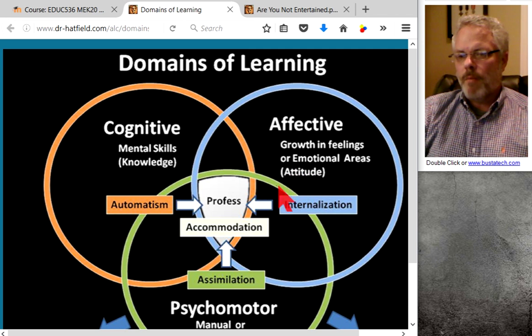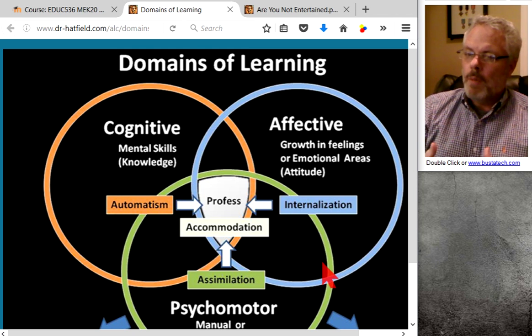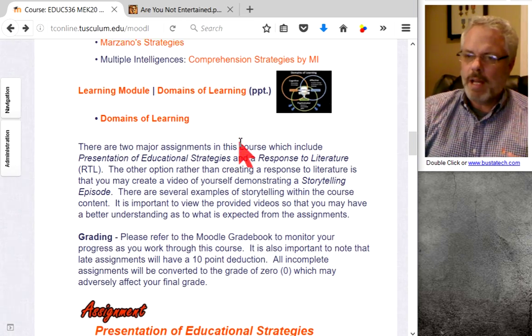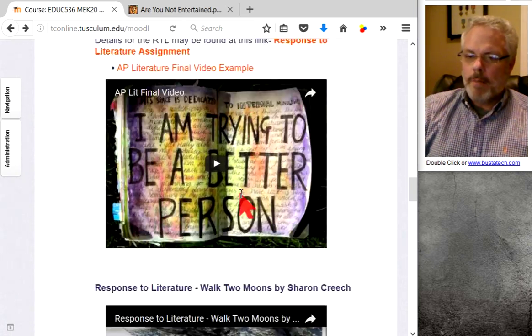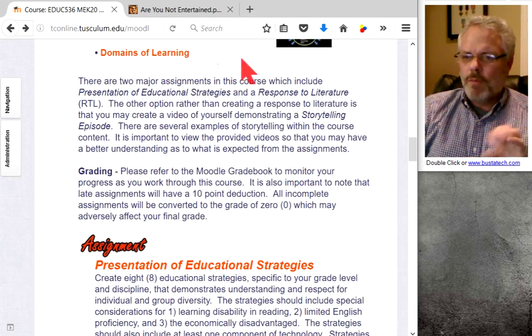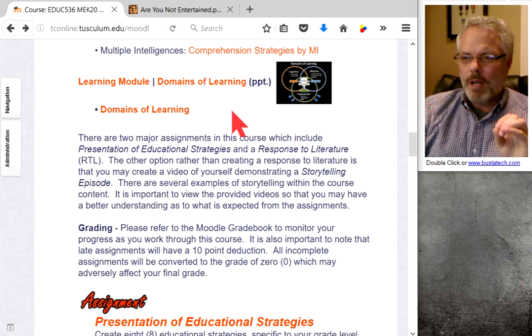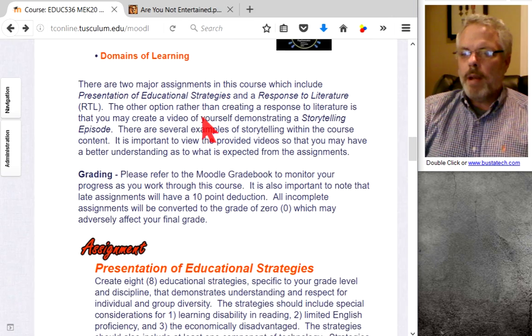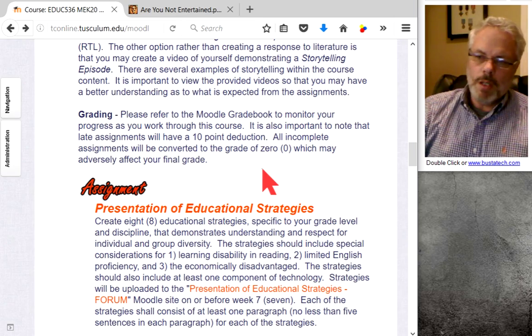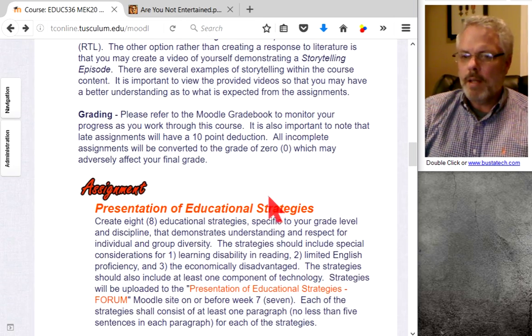I briefly give information on the cognitive, the affective, and the psychomotor domains, and how they affect the learning of a child. That's a really brief thing, and you can invest as much time as you want in that, and if you want to post some of that information in the reflections that are available, you may do so, and that would be great. But there are no real assignments from the domains of learning, so you can kind of ignore that. But if you're interested, you may view it and work through it. It's very, very valuable information to know and understand in the educational process.